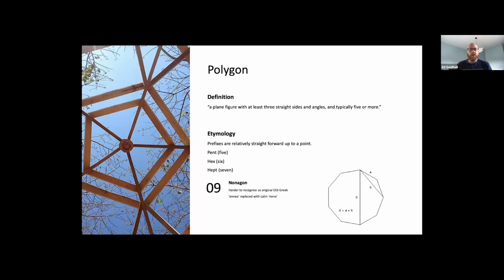But you think you've got the gist of it, and then you get to 4- and 3-sided shapes, and then we just mess it up all again, and we say, no, we're not having tetragons, we're going to have quadrilaterals, because that's far more catchy. And we're not going to have trigons, we're going to have triangles, because why not? So there's a real lack of convention around 3- and 4-sided shapes. Well, certainly not the same sorts of convention as come in after that.